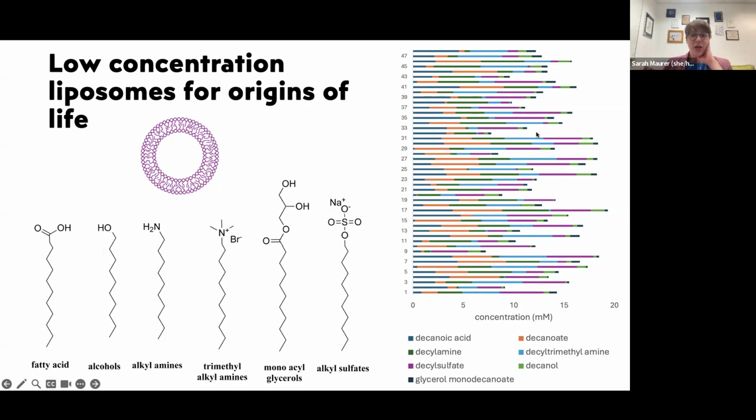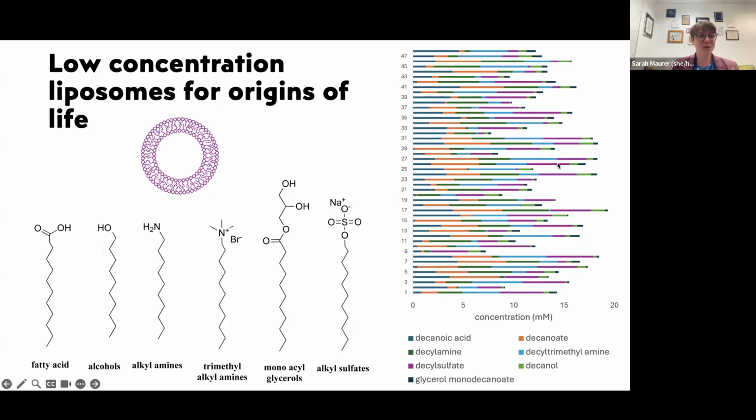The next question is, what about other membrane components? What if you add some peptides to increase membrane stability? Would this be more consistent with some prebiotic co-evolution scenarios? Yeah, I think we are interested in, so this was a first pass, right? This was our first attempt. I think we are interested in thinking about other molecules that could change the way that our liposomes form. For me, the first thing that I want to do, although we'll see what the group votes on, we're a democratic group here, is I really want to try adding